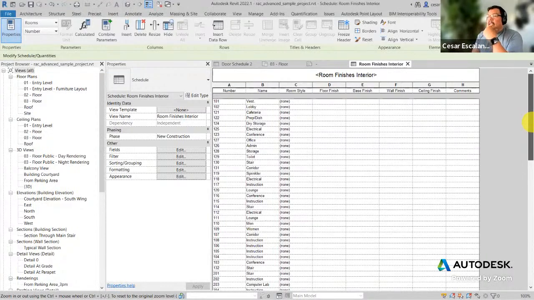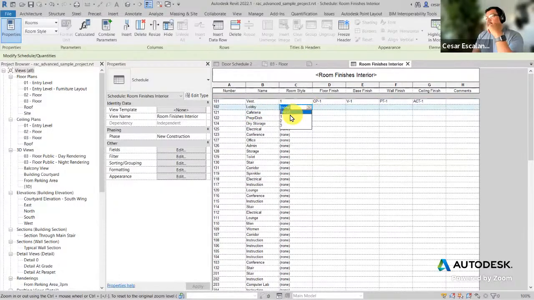And then all you need to do is you can add individual finishes if you don't want them to be driven by room styles, or you can hit the room style key. And then you can say, okay, every vestibule is going to be number 1. Every lobby is going to be 2. If you don't want to do this manually, then you can actually,